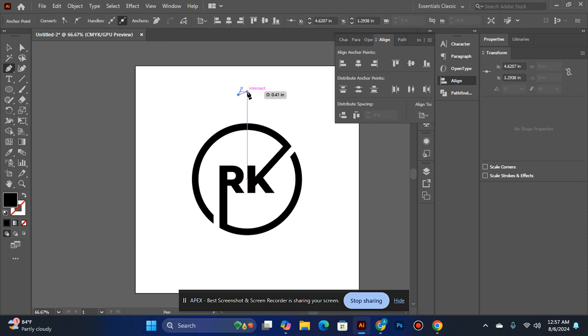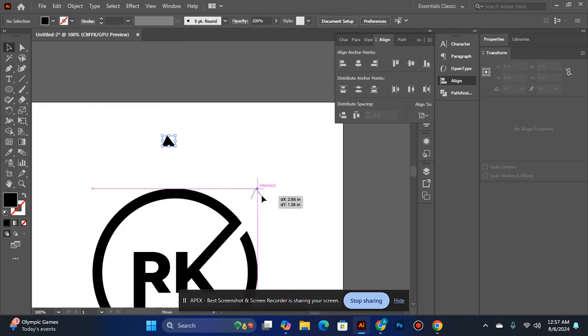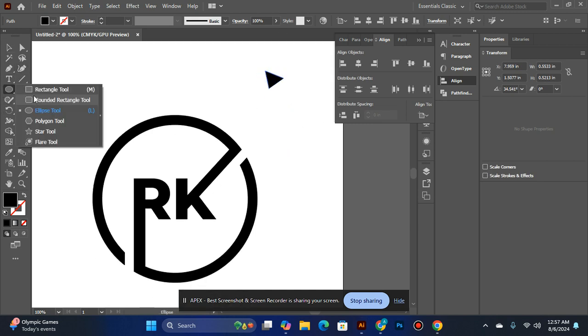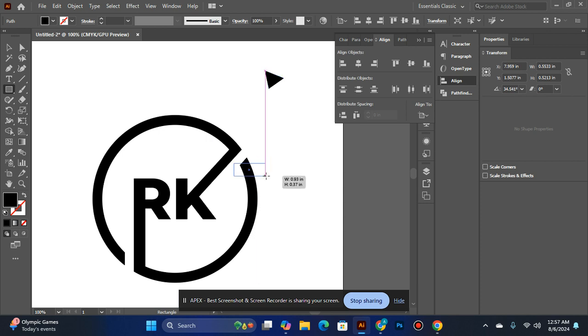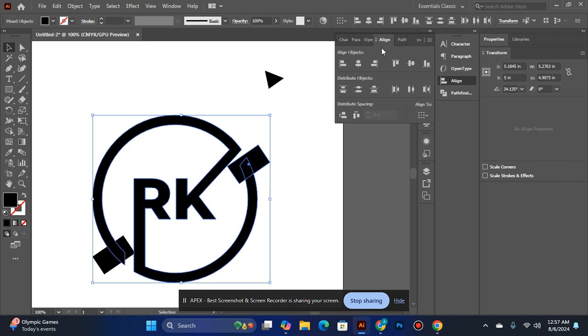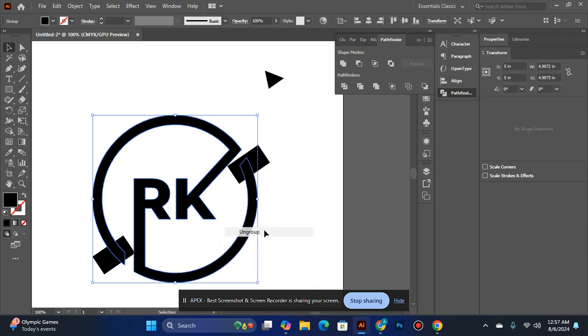So let's make an arrow. Very, very interesting. Now take this ellipse, rectangle tool. Now cut it with Pathfinder. Ungroup it and then